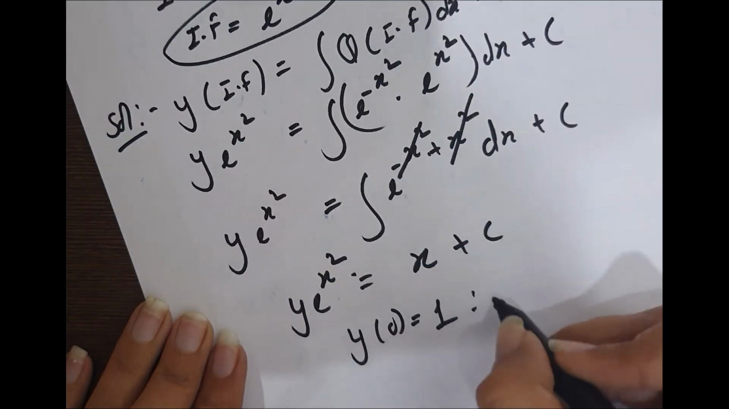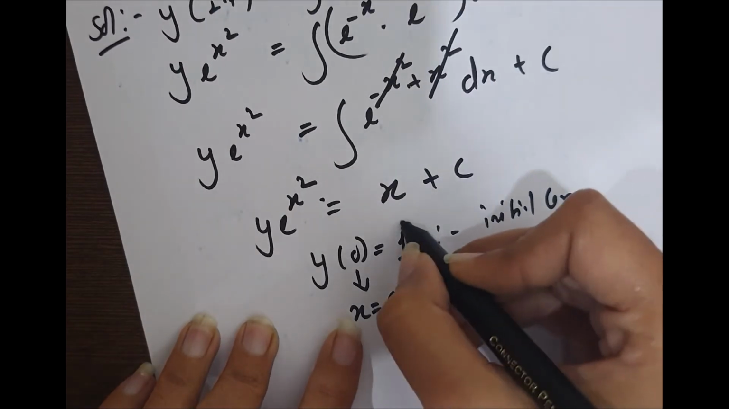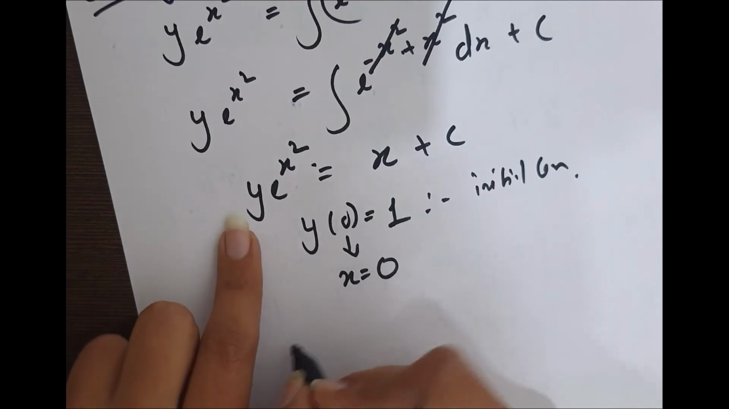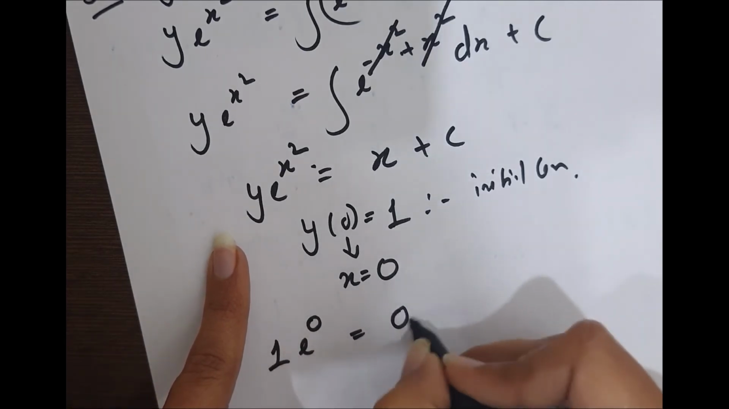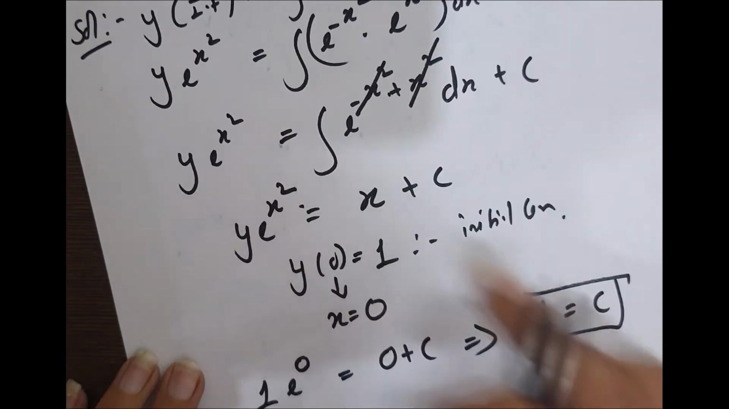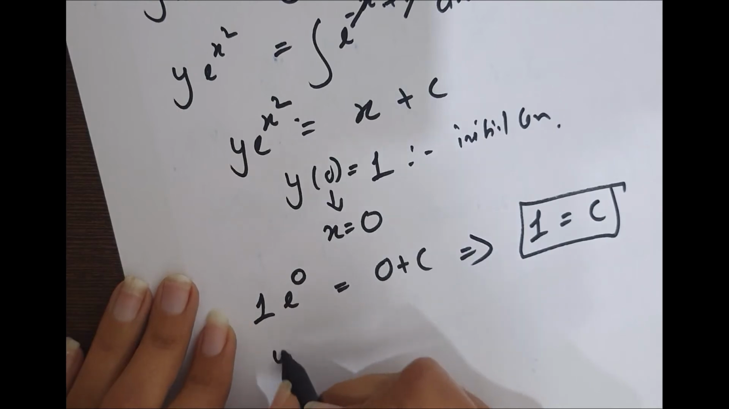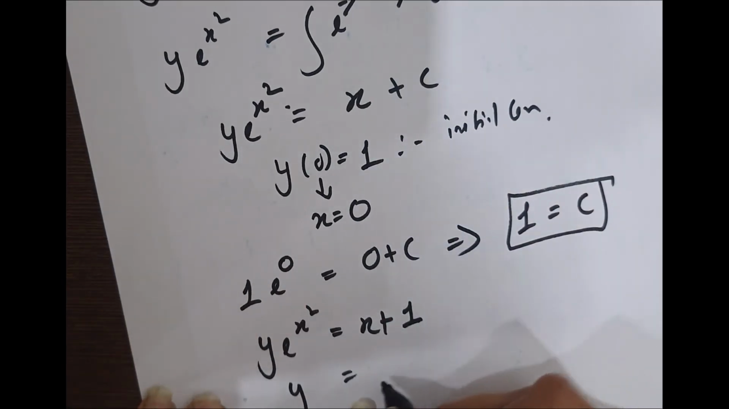If these are the initial conditions, here if we put x is equal to 0, y comes out to be 1. Here y is 1, x is equal to 0, plus 1, so c comes out to be 1. Substitute c in this equation, we will get this. If we further want to solve it, it would be